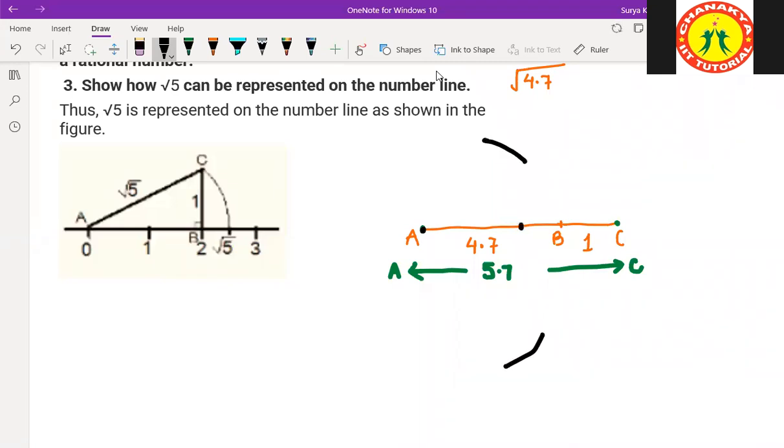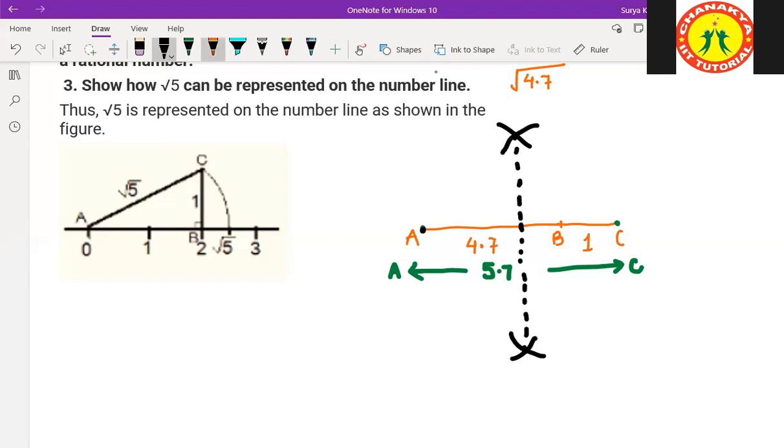This much is clear? Then from point C you do the same thing. From C also you put the same arc here and here. Is this clear to you or not? Yes, like that only I'm saying. So this will come exactly at the midpoint of AC, if you do the perpendicular bisector of AC. Is it clear to everyone?